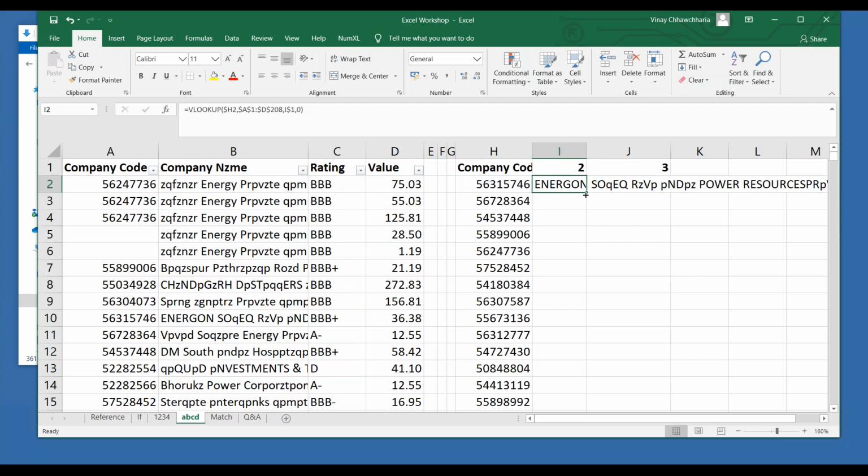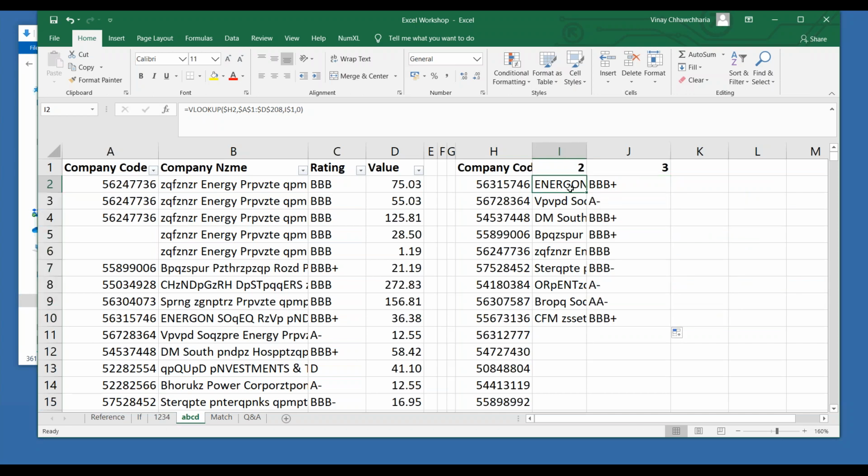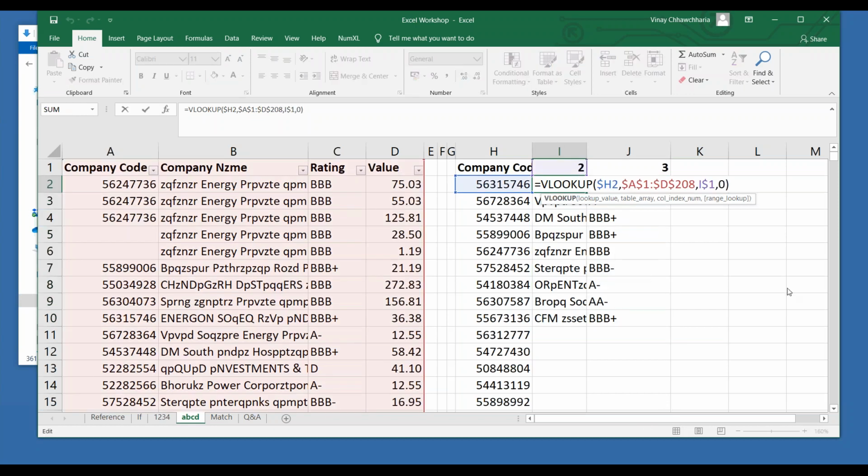Now if I drag this down, it is working wonderfully fine. Now if I drag this to the right, see again here also it is working. So now with a simple single formula, you have achieved everything. You don't need to write your formula again and again. Just have a look at this formula. Tell me if any doubts are there. So I will repeat this again.